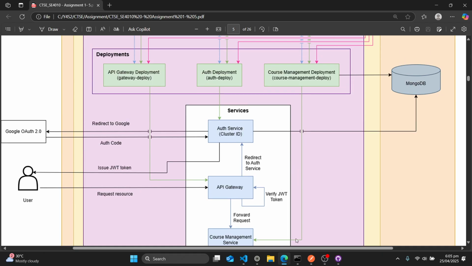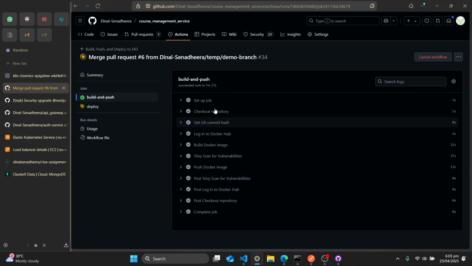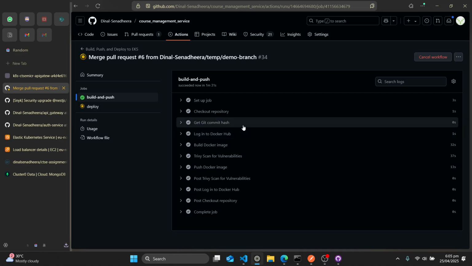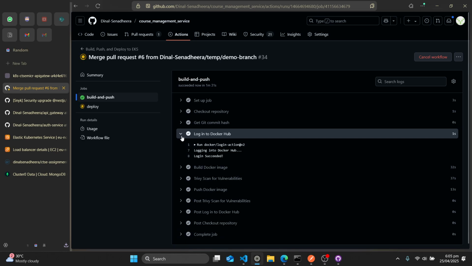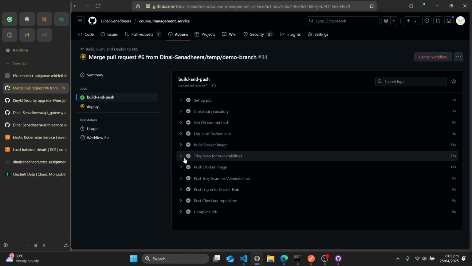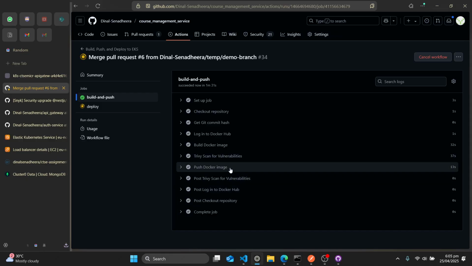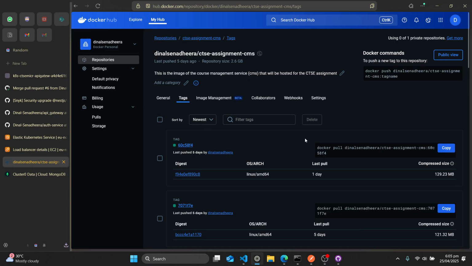Yeah. Now, if we go back to our GitHub Actions, you can see here that we have the git commit hash. So that is something we implemented as well. We tag the image with the git commit hash. Now you can see here that it's logging into Docker Hub. That is done using the GitHub secrets. They build the Docker image, and you can see here the Trivy scan for vulnerabilities, and then we push the Docker image as well. And now if we go to the Docker Hub repository,